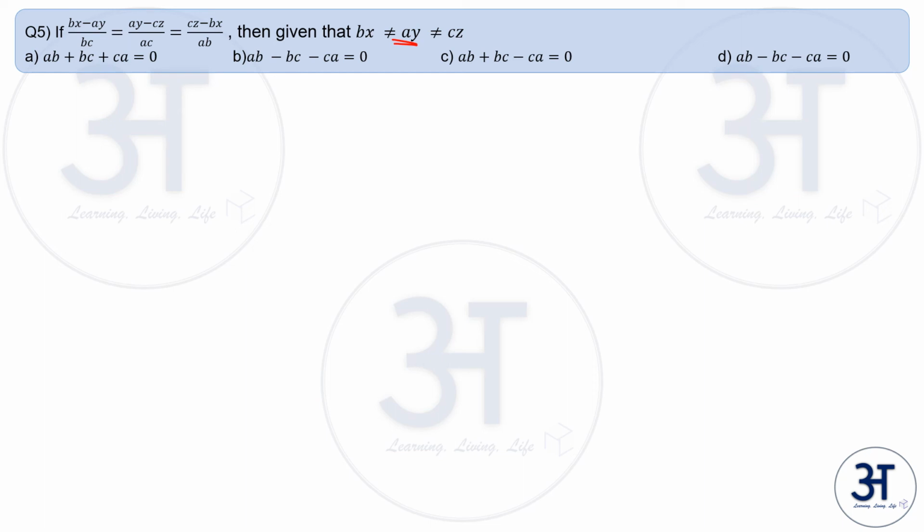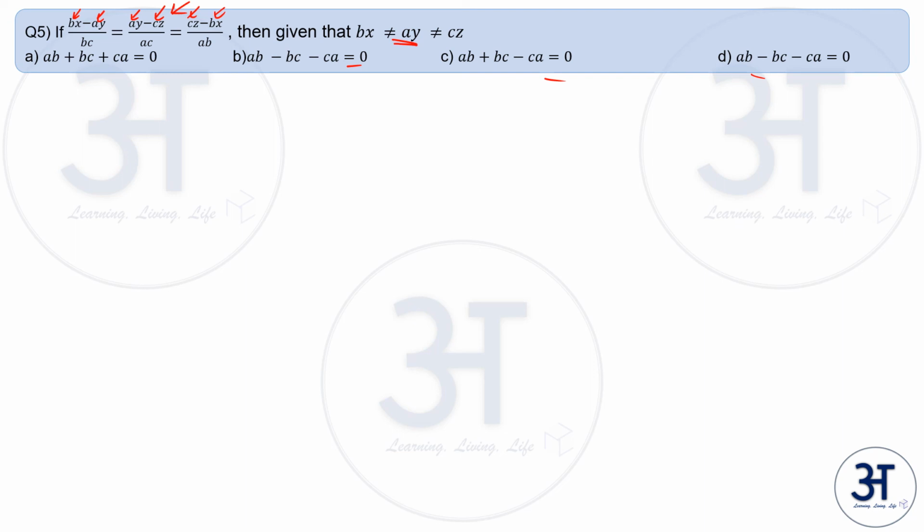So by just looking at the options, we can eliminate B, C and D. How? Because if you look at the question, x, y and z are cyclical, in the sense no one is given preference over the other. Similarly, a, b, c are cyclical. No one term is given preference over the other. There's one positive for a here and one negative for a, one positive for b and one negative for b, one positive for c and one negative for c, right? So there is no special weightage given to any of these terms.